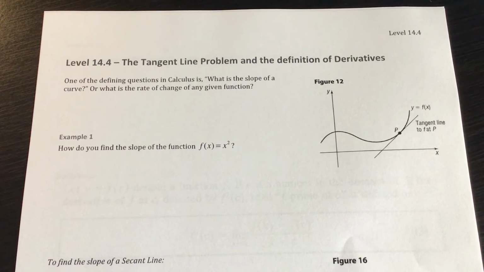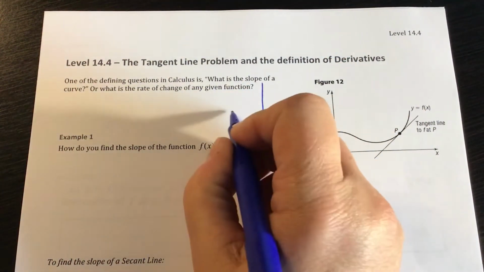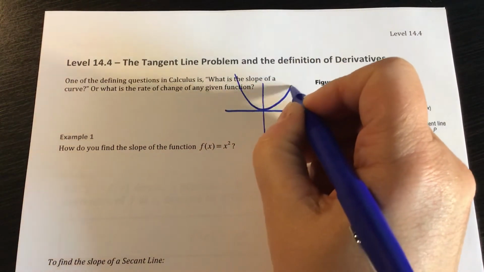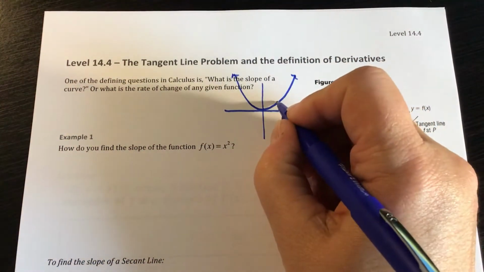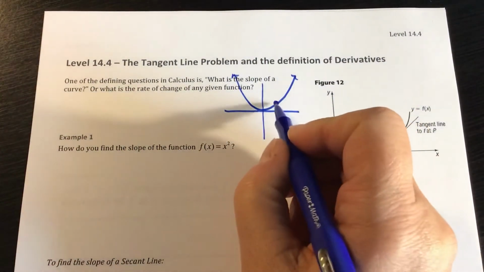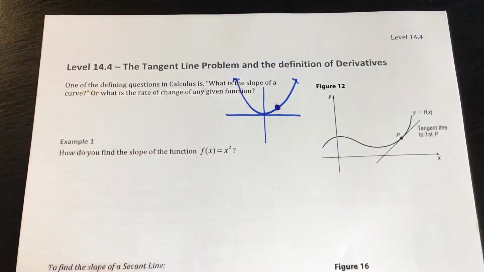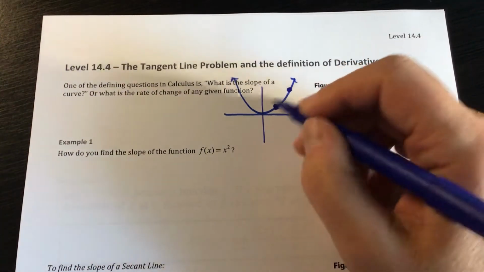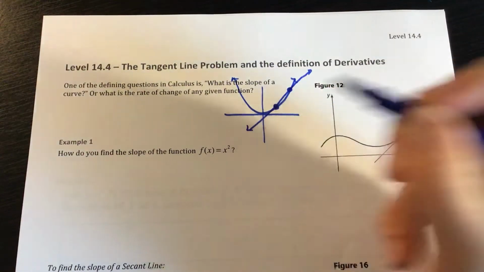All right, so I know if I have a curve, and if I just look at something that we know, let's look at this quadratic function. And if I want to find the slope of a curve, let's say I have a point here, I need another point to find the slope. So if I pick another point that's on the curve and then find the slope between those 2 points,